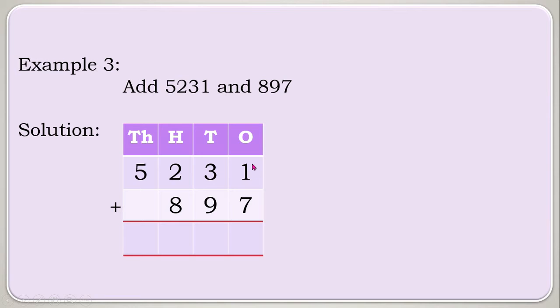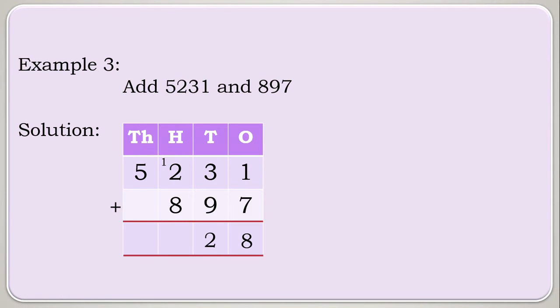So now let us add these digits. That is 1 plus 7 is 8. We will write 8 here. And 3 plus 9 is 12. While adding these digits, if you can't add directly in your mind, you can either draw vertical lines and count, or you may use your fingers for counting, whichever is convenient for you. 3 plus 9 is 12, and I write 2 here and carry 1 to the next column here.